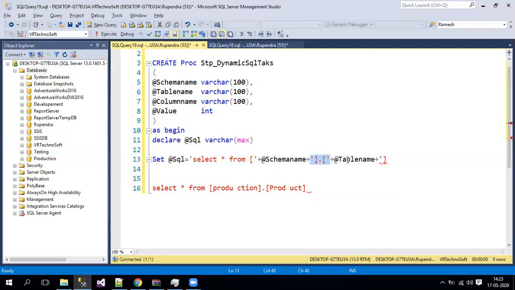Now we are keeping a dynamic table name here, and this closed bracket is a static value, right? Now it should start with a single quote, and it should again end with a single quote. So this is how you can write a dynamic SQL. Whichever is static, you need to put in single quotes, and whichever is coming from a variable, you just need to concat using a plus symbol, and that is how you need to go for it.